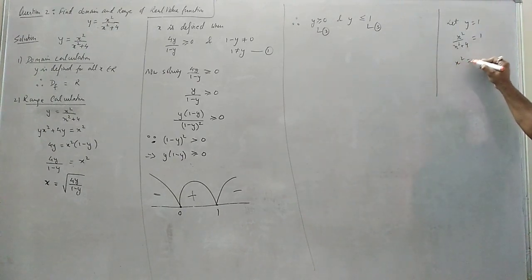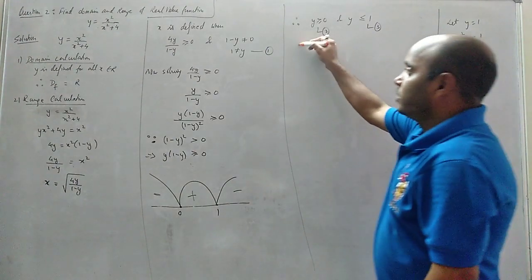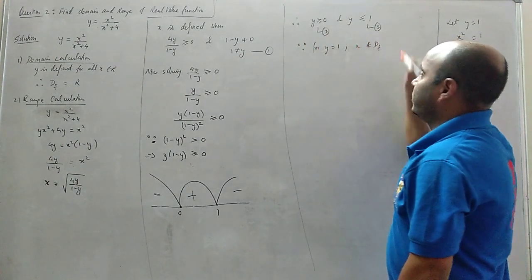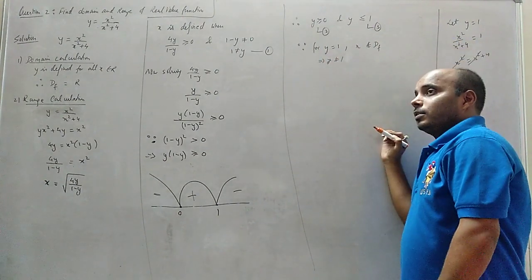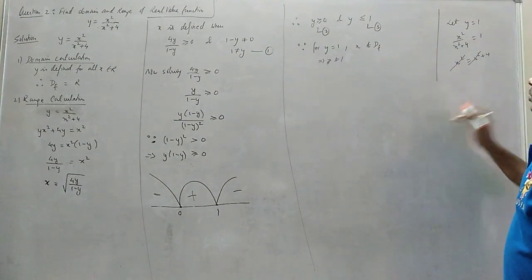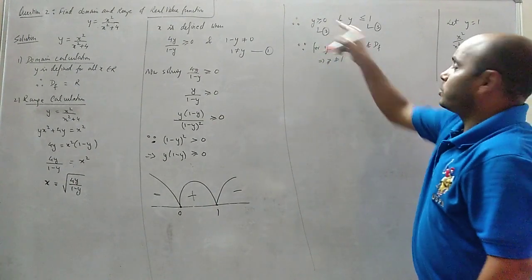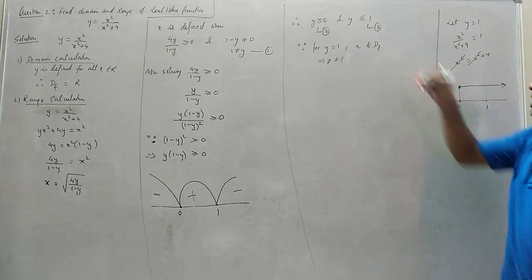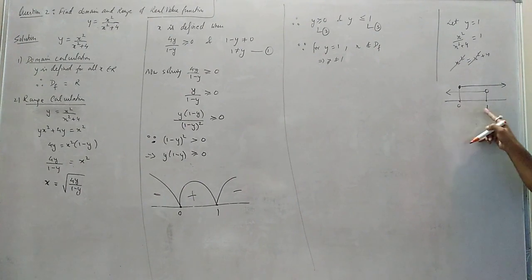So from here, what are you getting? x square plus 4 into 1, x square plus 1. See, x square cancels. So not defined. So what will you write? Since for y equals 1, x doesn't belong to the domain, this implies y cannot be equal to 1. Done. So now, what is the range? Greater than or equal to 0, and less than or equal to 1, but only less than 1, equals we cannot take. So this 0 to 1 is the answer.